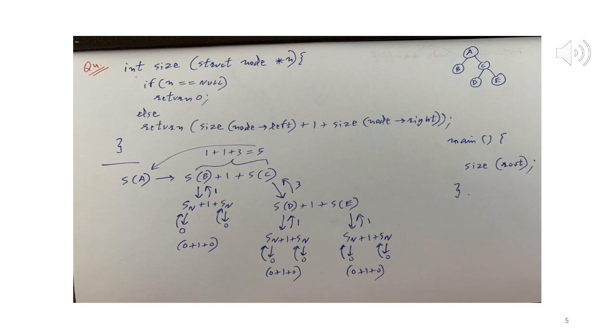So sb gives rise to s(n) plus 1 plus s(n), where n is null, right? So now calling size with null. Now n is equal to null, so return 0. So it returns 0 back, plus 1 plus again s(null), which again returns 0 back. The effect is struct node star n is equal to null, so n is null, returns 0. Both those s null recursive calls return 0. So 0 plus 1 plus 0 is 1. So the value of sb is 1. It's returned.